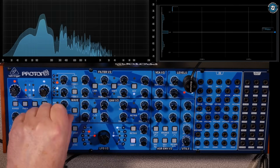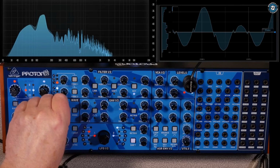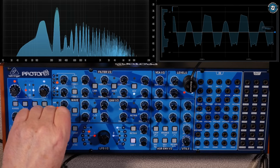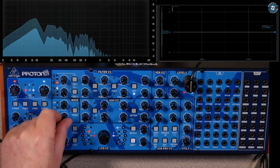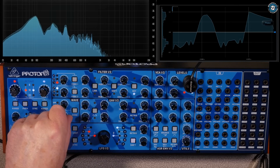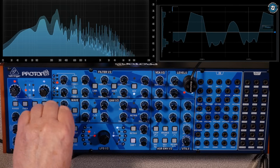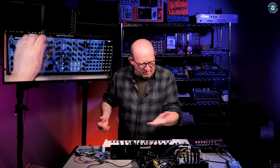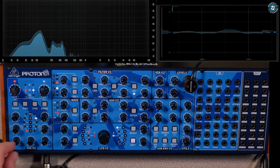Then half. That gives us some nice additional harmonics. What if we go to full? Yeah, that's what I might expect from a Wavefolder, although it seems a little polite to me, even in full mode. I'm sort of used to hearing much richer harmonics. I don't think I've got the filter shut or anything, it just sounds a little bit less radical than I thought. What happens if we bring in...